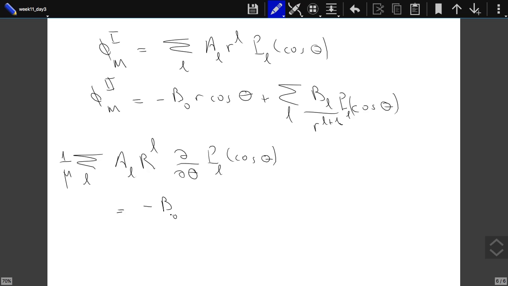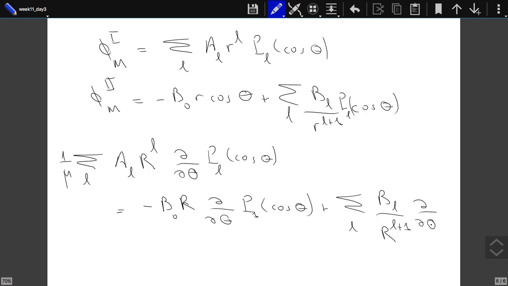minus B0 r del over del theta P1 of cosine theta plus or minus L B_L over r to the power L plus 1 del over del theta